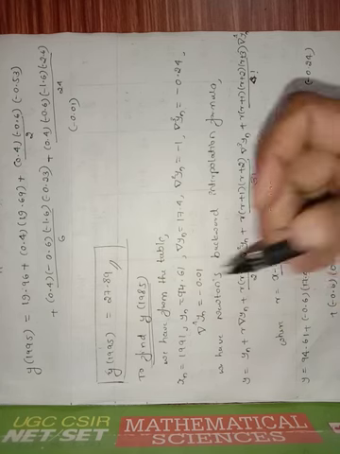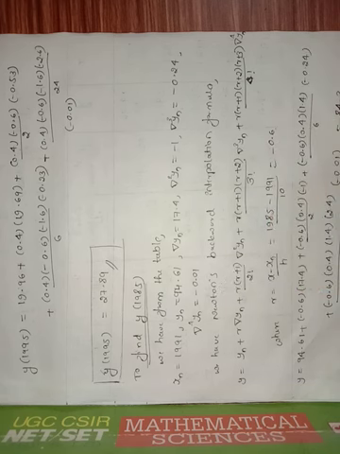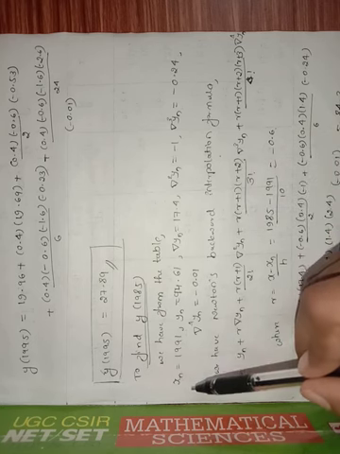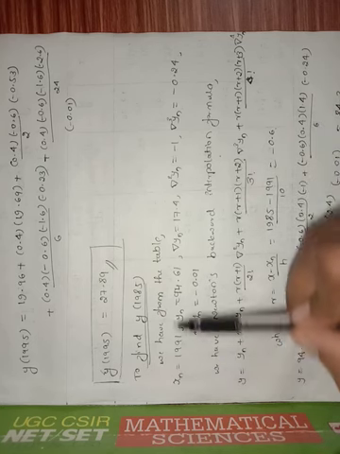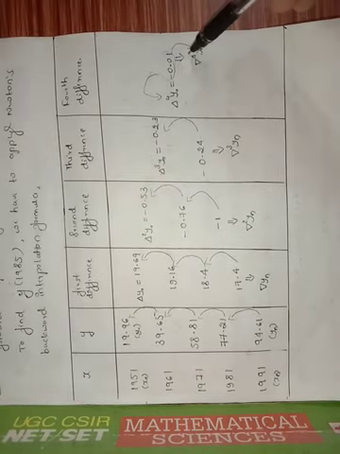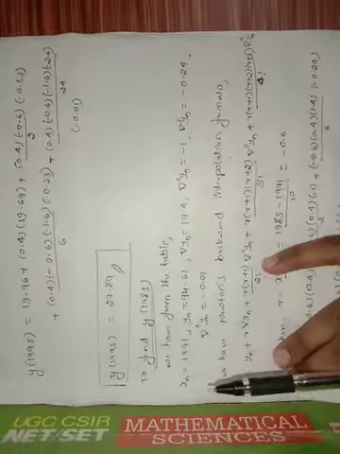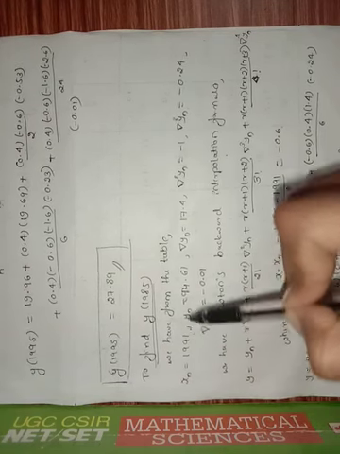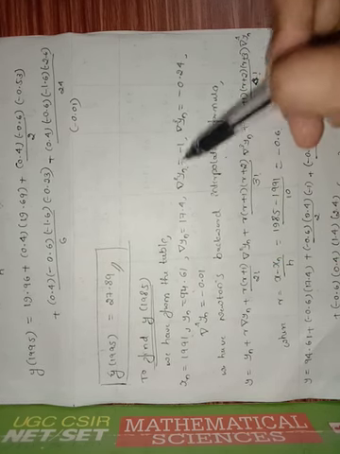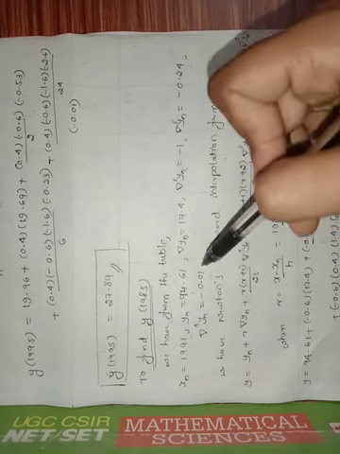Similarly, to find y of 1985, 1985 is near the end value of the table, so we have to apply the Newton backward interpolation formula. Before that, once again write down the leading backward entries along with xn and yn. In the table I already noted them. Xn is 1991, yn is 94.61, inverse delta yn 17.4, inverse delta square yn minus 1, inverse delta cube yn minus 0.24, inverse delta raised to 4 yn minus 0.01.